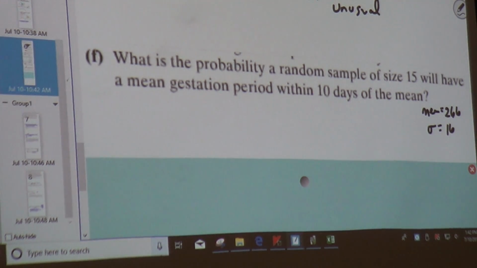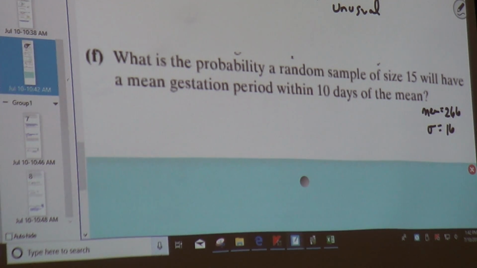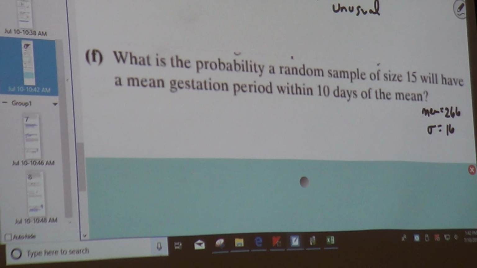If I tell you to guess the price of something within $1, that means go $1 above or $1 below. So if I say guess your gestational period within 10 days of the mean,